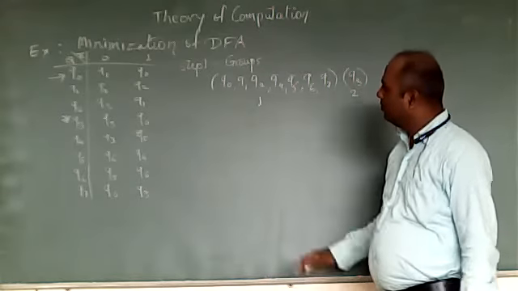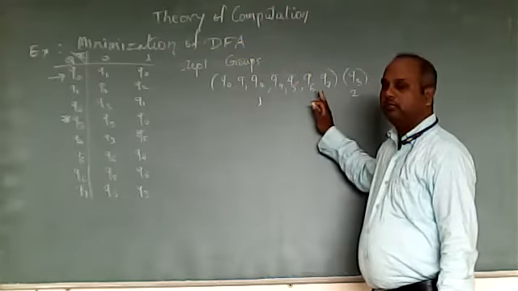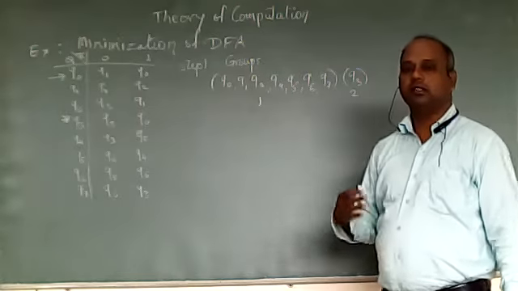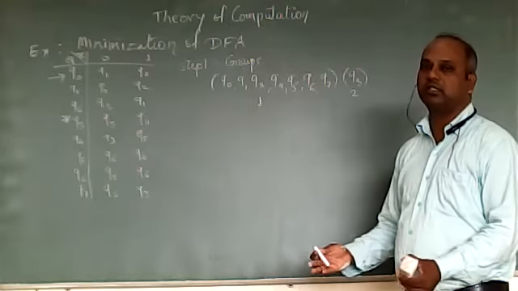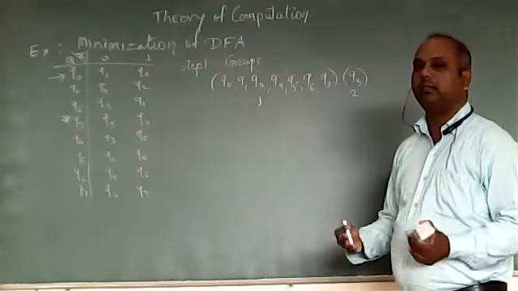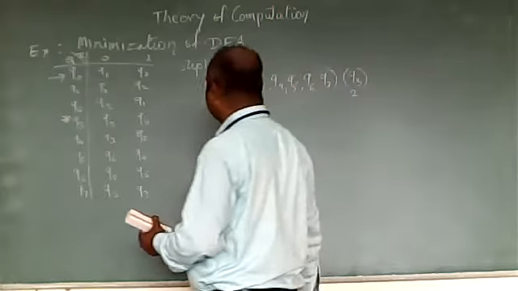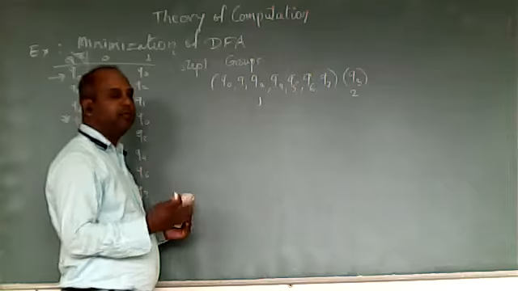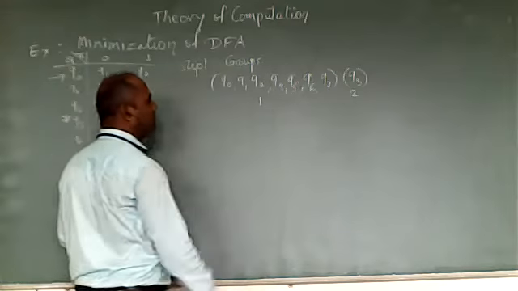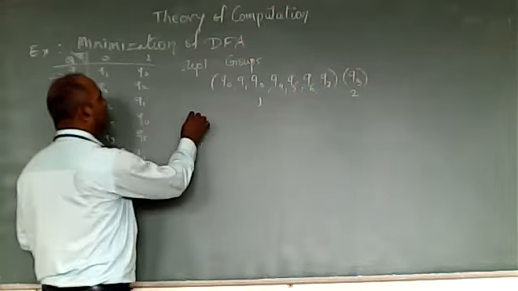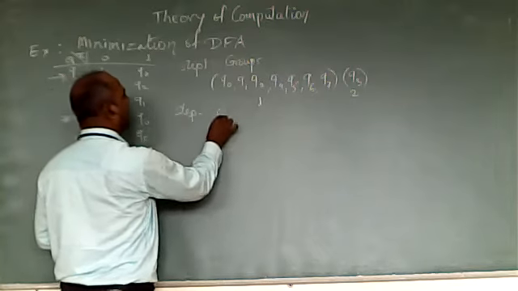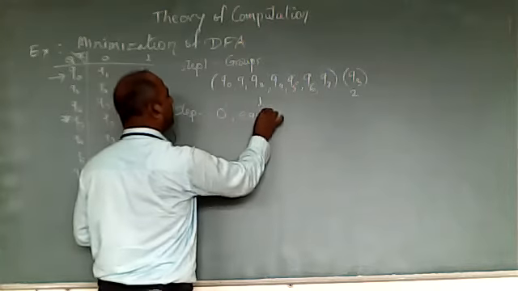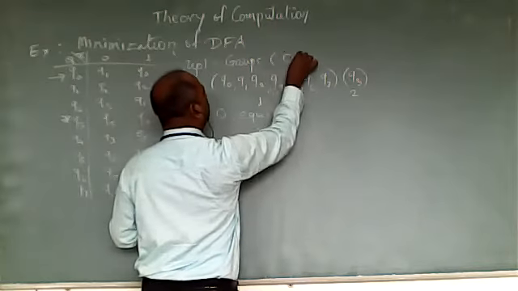Now our task is to divide these states into groups with similar properties, that is, states showing similar transitions. To get the similar transitions, we'll try all the inputs. Group 2 is a single state, so it cannot be divided further. So we take group 1. Step 2 is to make the zero equivalence. This is what the groups are called: zero equivalence.